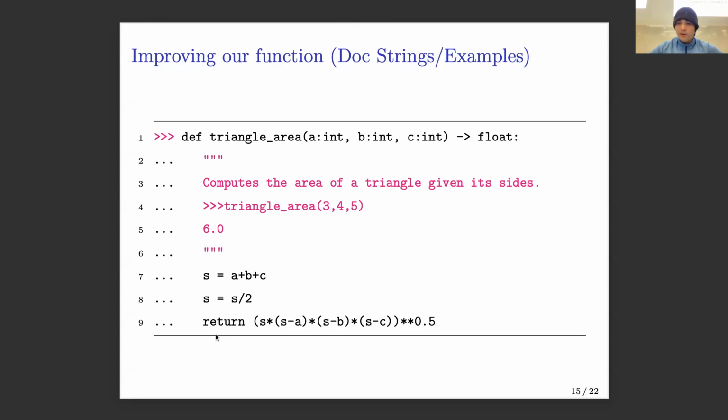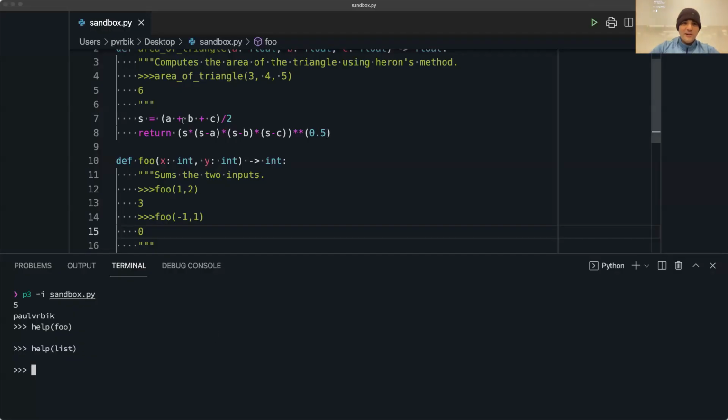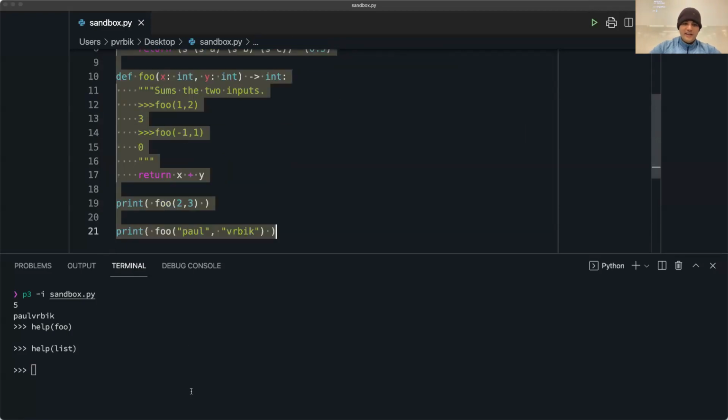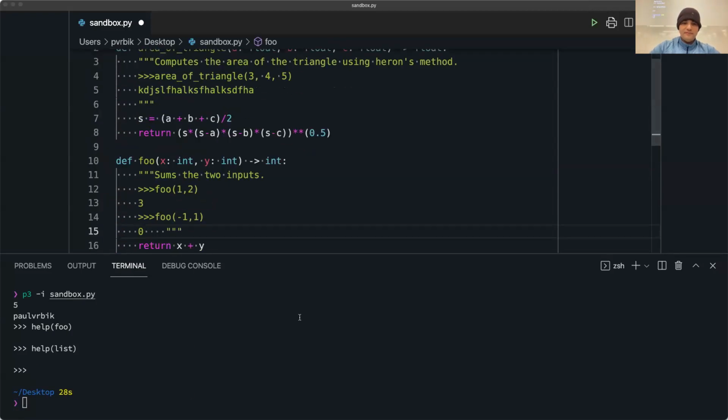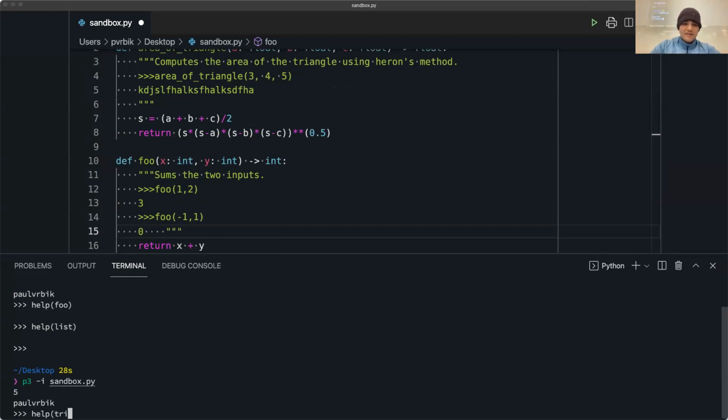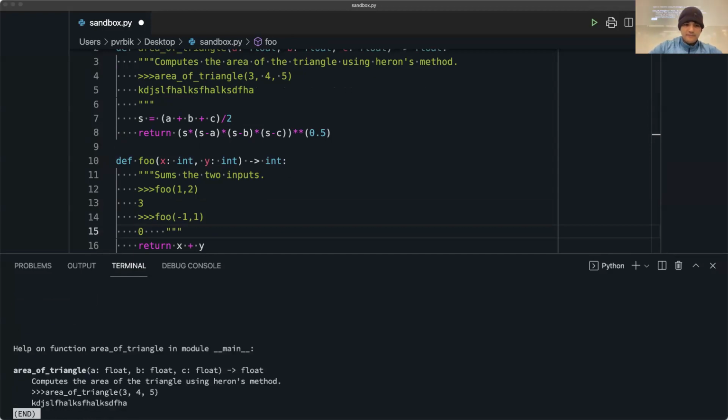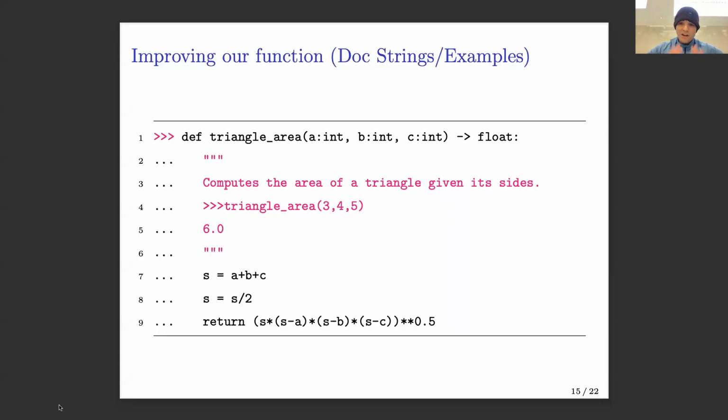What happens if you put the wrong output? Nothing. Right, so I can put the wrong output here and nothing will happen. Except we're going to have a really not the greatest area of triangle. Right now, that's what our used example is. So that's from the chat. Again, there's something called doc test, at which point it would tell you, hey, these things don't match up. But I don't think we're going to talk about testing at all in this course. But you should try and write these doc strings. Right? You should always try to write in such a way where you assume someone else can look at it and needs to understand it.